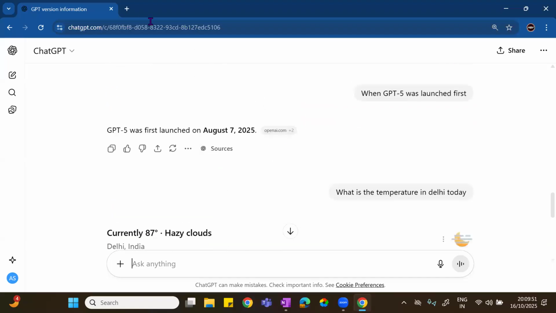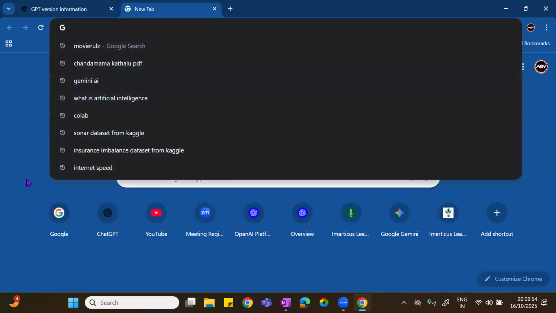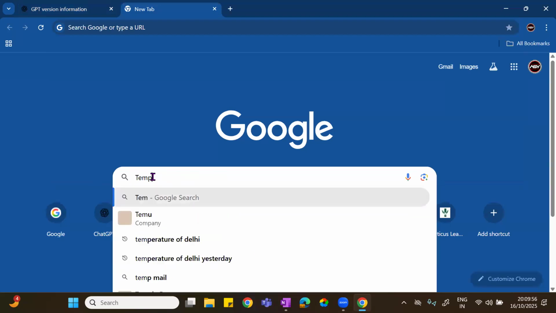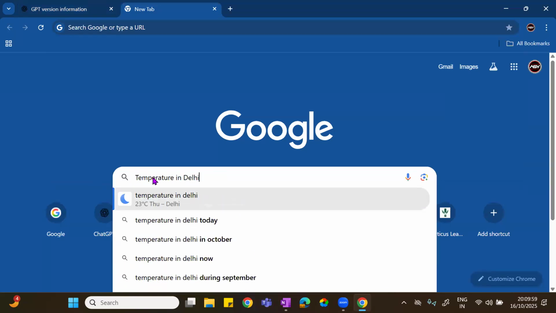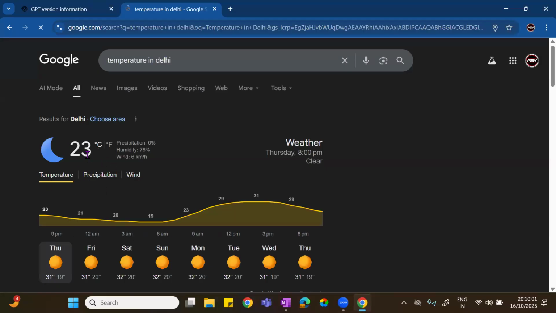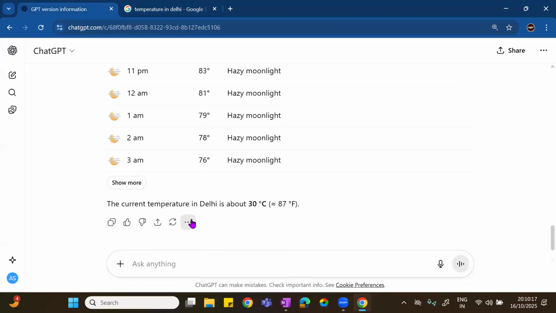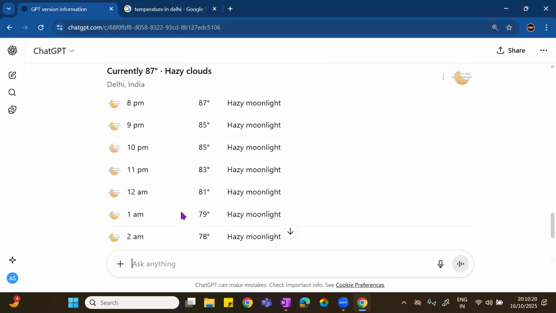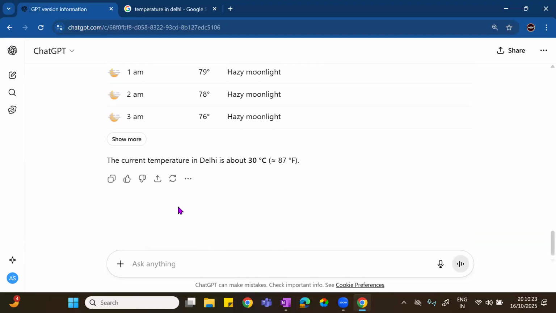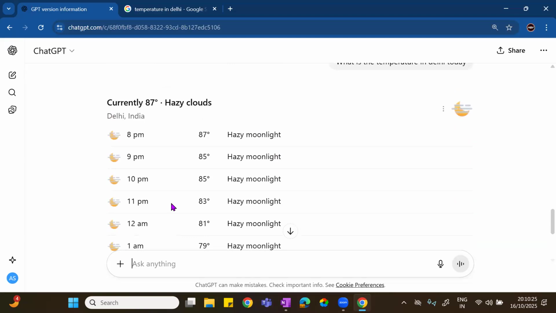Approximately it will be pretty much the same. Let's see it over here. Currently it is showing 23 degrees Celsius. Approximately it is pretty much the same here. You can see from the morning, afternoon, how it came around 30. It is taking it as around 30 and giving that. That's okay. Now, the question is, how is this possible?